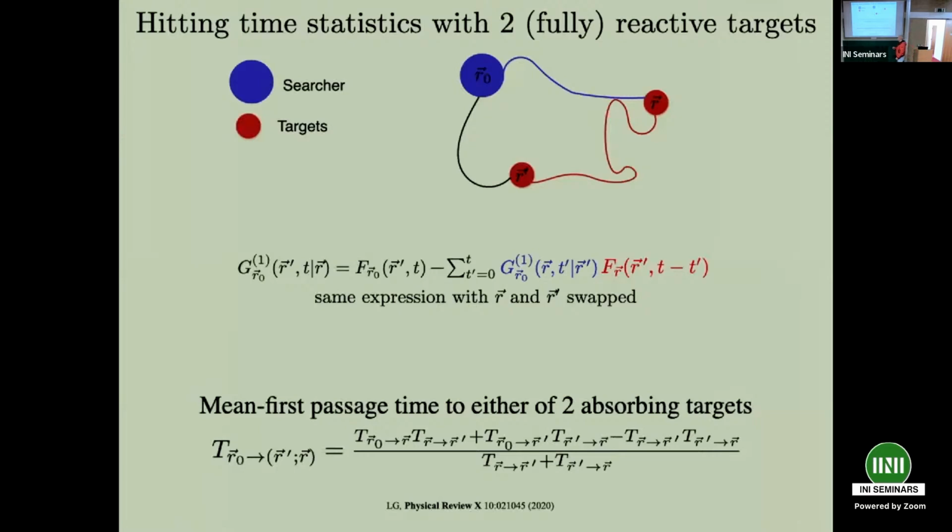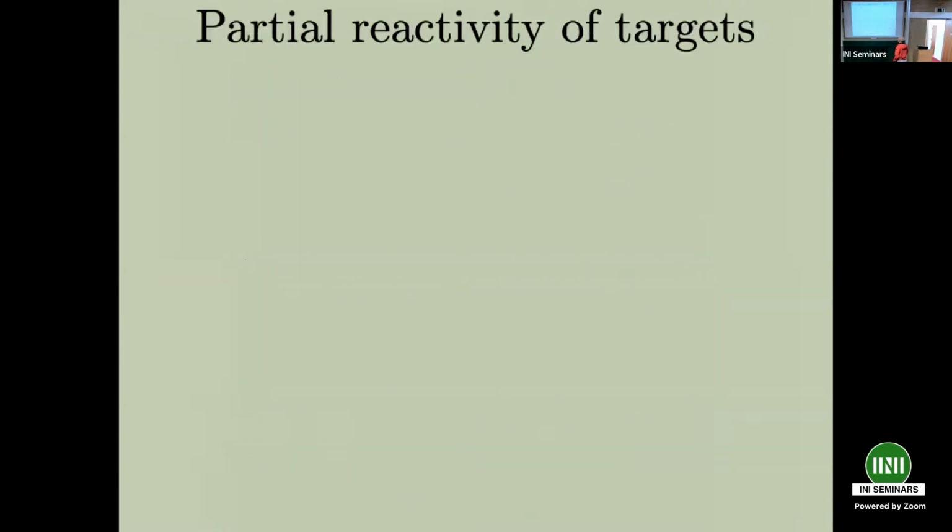So, go from 0 to R, 0 to R prime, and then sort of the permutation between the target points. So you get R to R prime, if it's not periodic, no? So it could be a reflecting case. So now, before I give you the general results for M targets, let's talk about the partial reactivity,